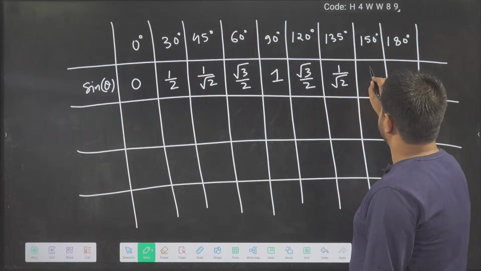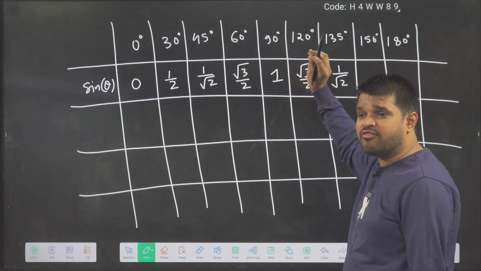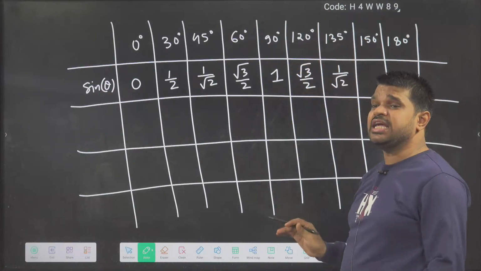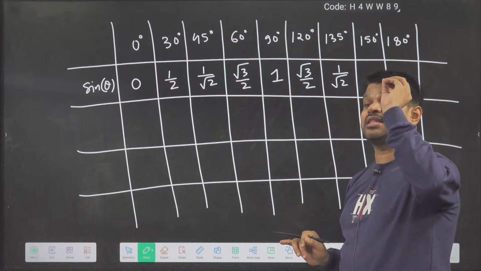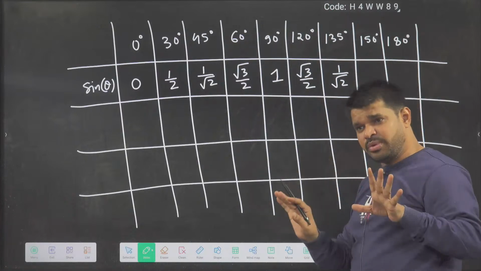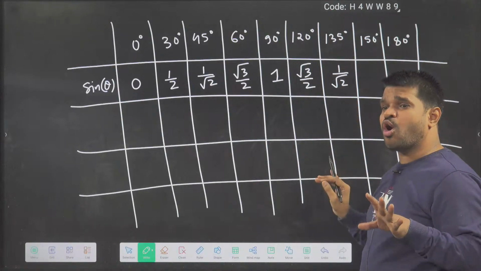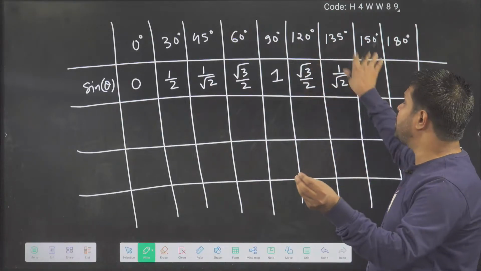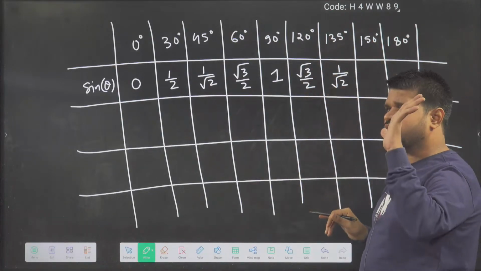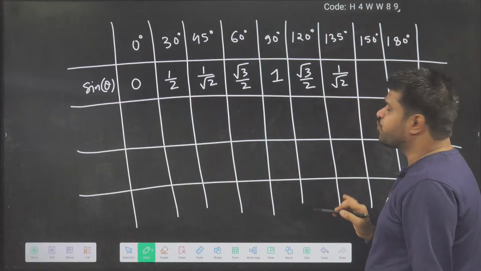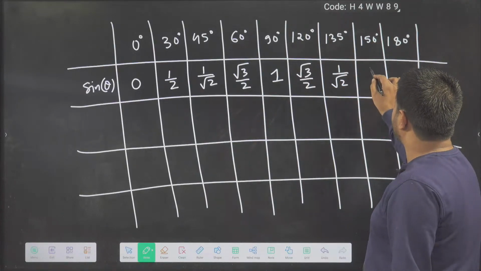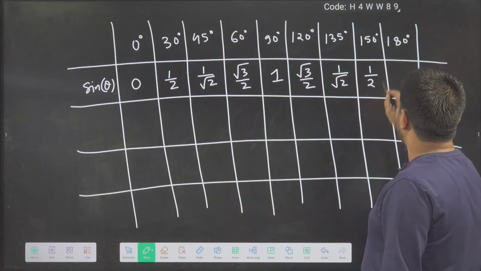150 degree is, acha, how these values more than 90 are coming, you will be able to get these values by the end of the lecture. So just be patient, just keep on copying. By the end of the lecture you will know how these are coming. Just be patient. Okay, so sine 135 is 1 by root 2, sine 150 is 1 by 2, and sine